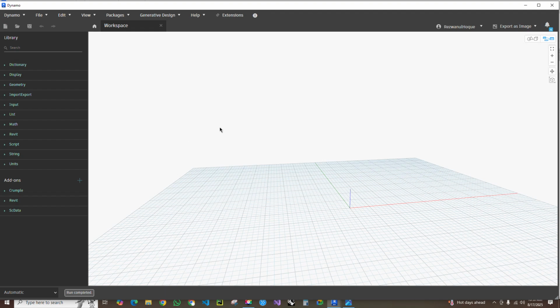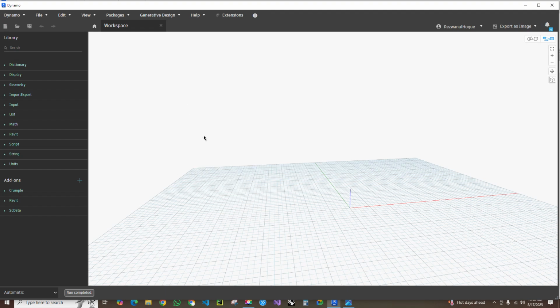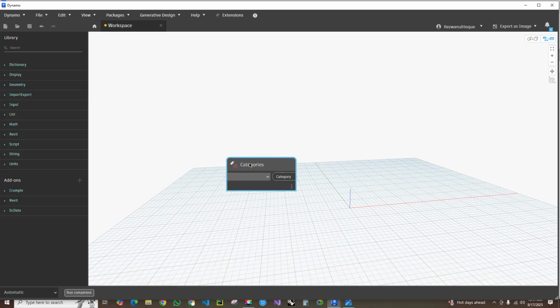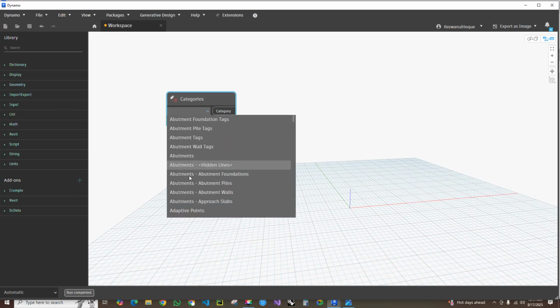First of all, collect and place this node, categories, and I need to specify the area plan,